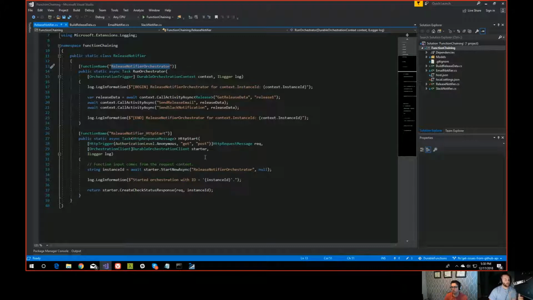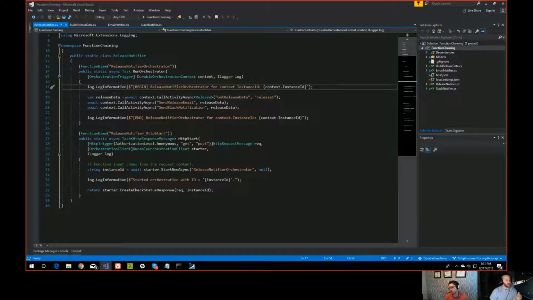Now you can pass data in from this HTTP request. If I wanted to pass in a query string parameter, which is probably what we would do if we wanted to make a Slack command where we pass in a specific tag, we can accept that as a parameter and then pass that to the orchestrator. It's kind of like the initial input for the orchestrator, to maybe do something specific with it. So once we kick off this orchestrator,